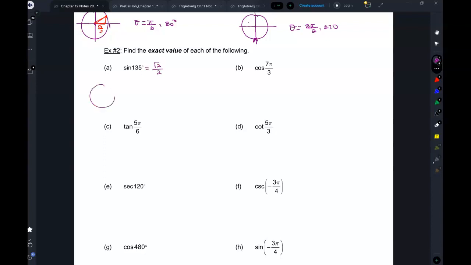Okay, so on the unit circle, this is where 135 is. How do you get there vertically? By going up root 2 over 2. So, what does that mean? Like, how do you know when you go up